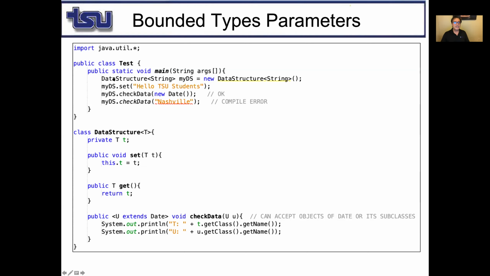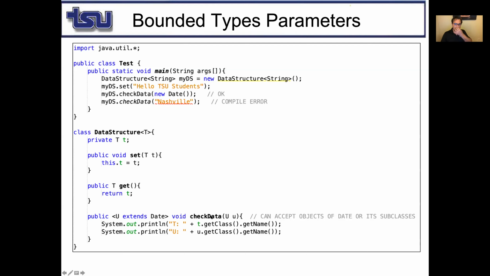So now I create a data structure with what? String. That means capital T is what? String. And then I say my ds.set hello TSU students. That means my U is here what? A string. So I am adding hello TSU students. That means my lowercase t is what? Hello TSU students. Then I say checkData,